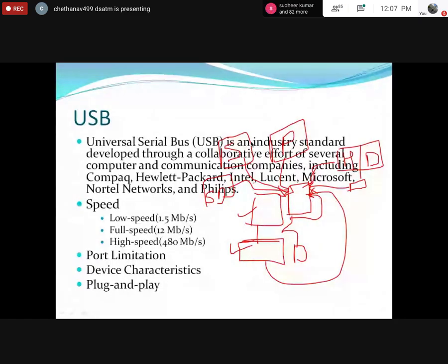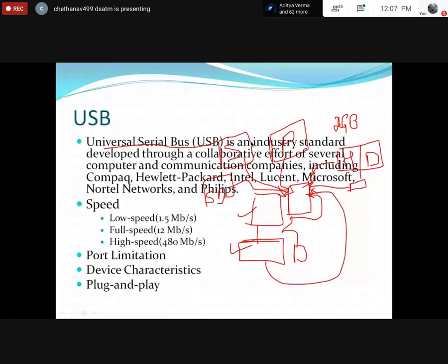Assume your pen drive is 2 GB, which means it has a capacity of only 2 GB of data. Hard disk means 1 terabyte, or it could be some 10 GB or 50 GB like that. So you can attach any external device to my processor, and in order to make that connection, I want some interface, right? That is said to be a universal serial bus. This is the standard bus which has been mainly used to connect n number of devices to my system, so that the devices can easily transmit the data.